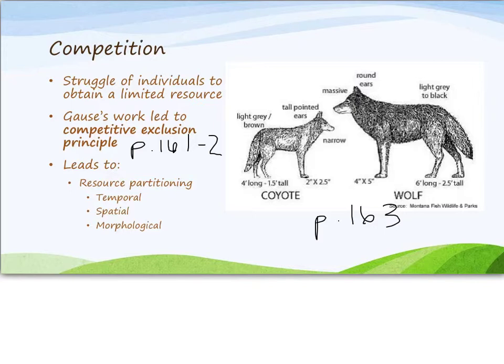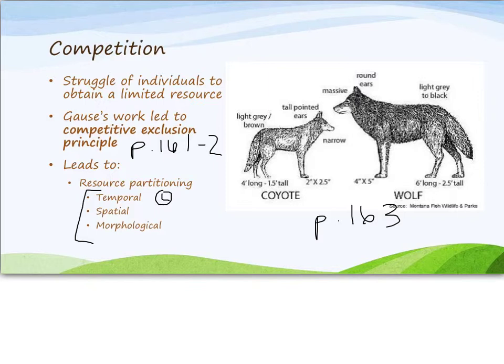So because two species cannot coexist, struggling over the same limited resource, we see that species do three things through resource partitioning. They either go through temporal, spatial, or morphological resource partitioning. So temporal, the way that you can think of that is, I'm going to draw, that's my version of a little clock. They go at different times of day. Okay, so temporal resource partitioning means that they are not going to be hunting at the same time of day, okay, or even the same season.